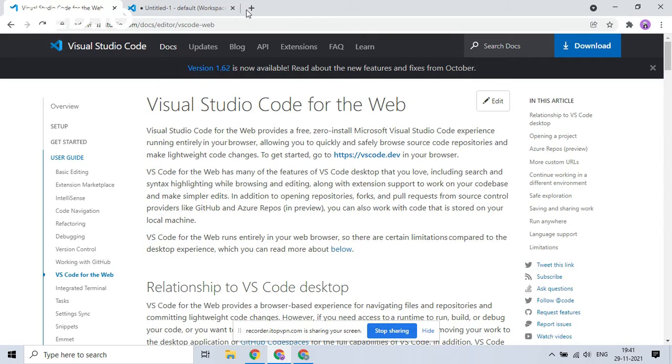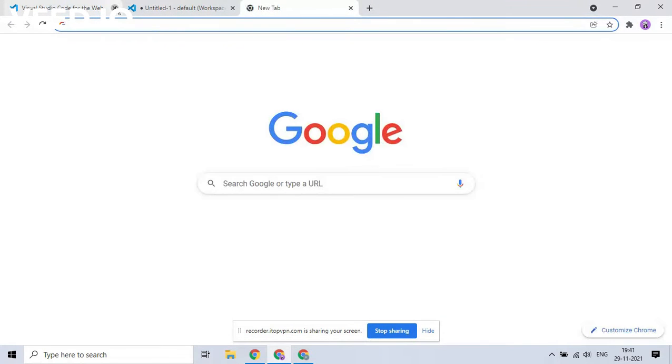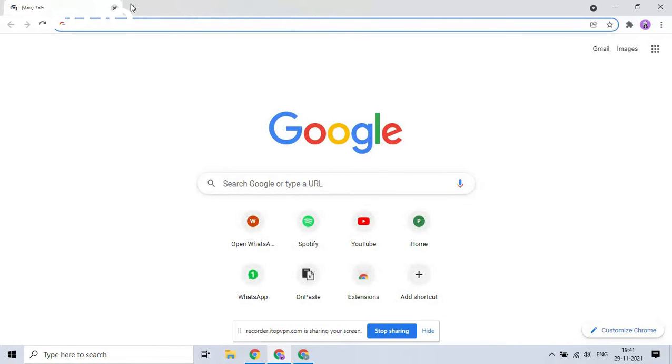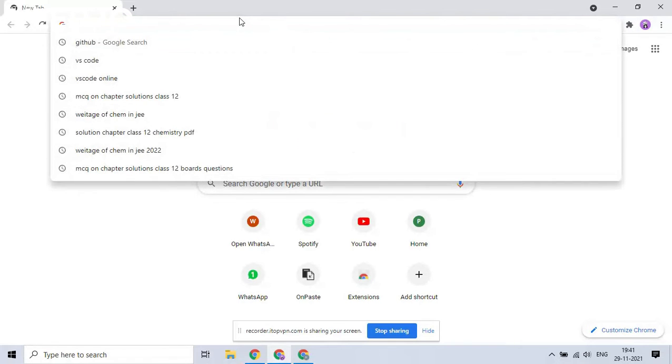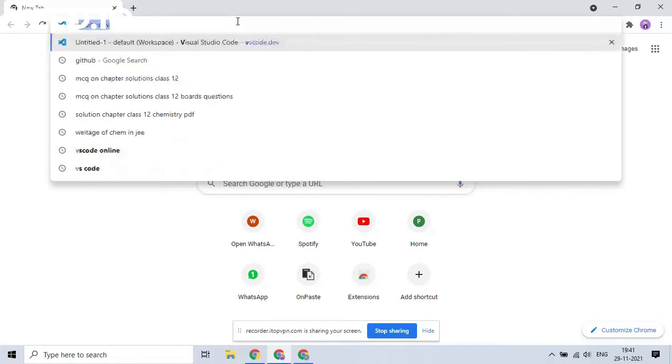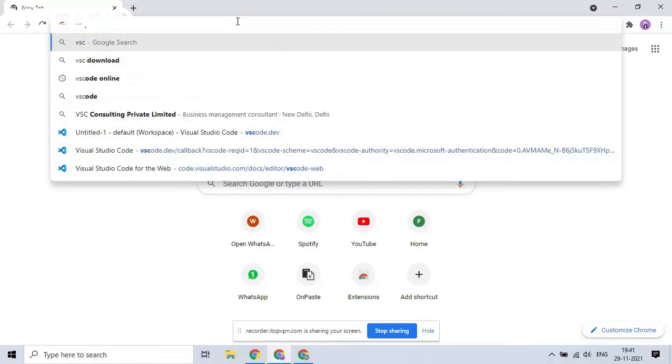Yeah, in this video, I'm going to tell you about online VS Code. Thousands of people, lakhs and crores of people use VS Code, but for offline. Now it is online also. Okay, if you search on Google VS Code,